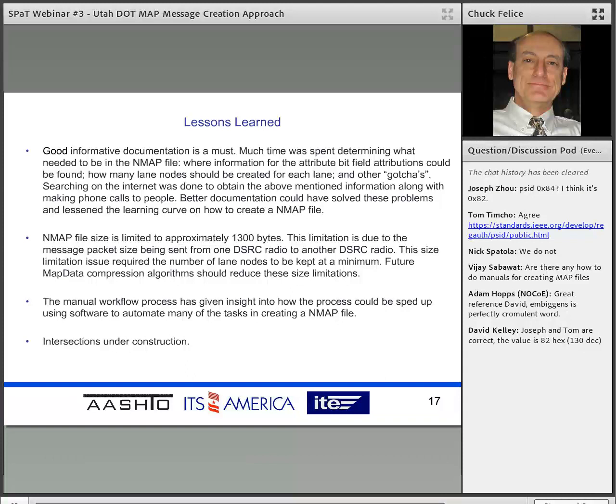The second item I mentioned, again, 1,300 bytes. Knocking down the node points helped. We also found that the UPER data compression really helped a lot. But we have larger intersections coming along, and I'm looking at going from absolute coordinates to offsets. The manual process